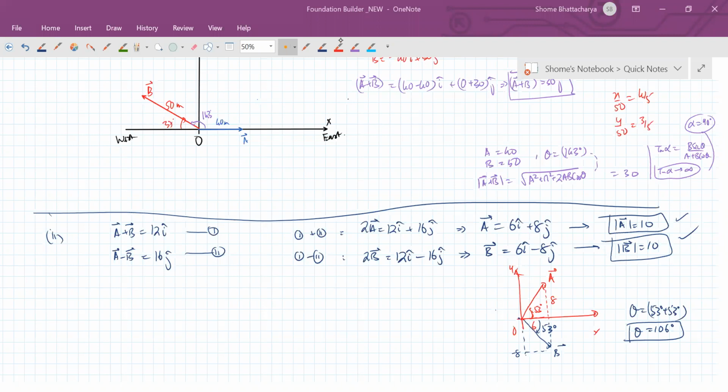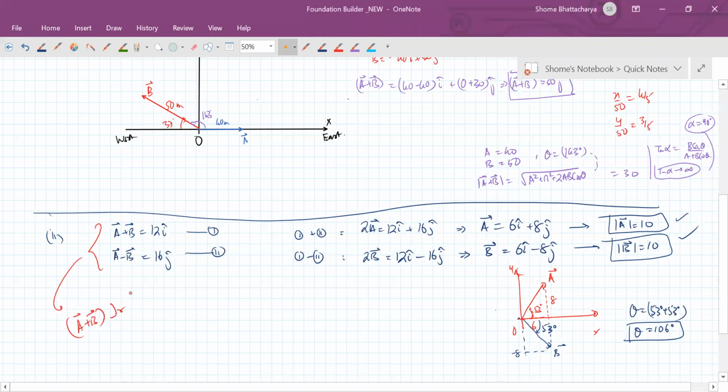Okay. Now, another way you can do the question is you can also understand this way, that notice that A plus B is perpendicular to A minus B, because one is along the x-axis, the other is along the y-axis. So what does that mean? It means that magnitude of A is equal to magnitude of B, because this is the property of rhombus. We'd seen this earlier. And A plus B is equal to 2A cos theta by 2, and A minus B is 2A sine theta by 2.